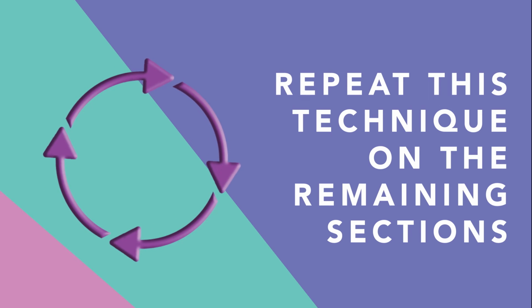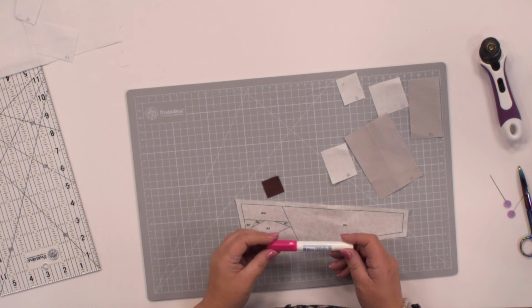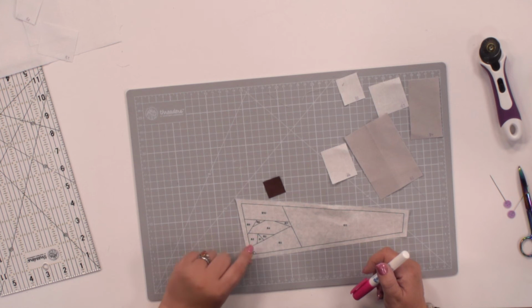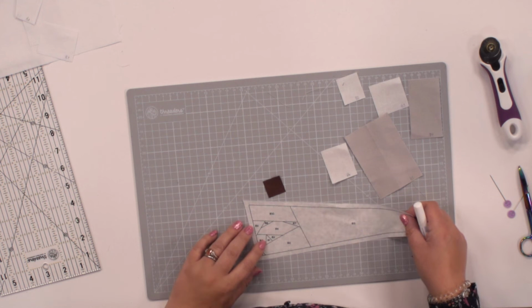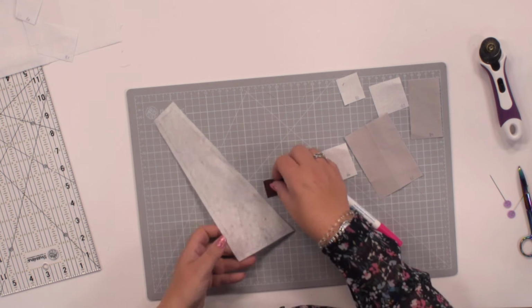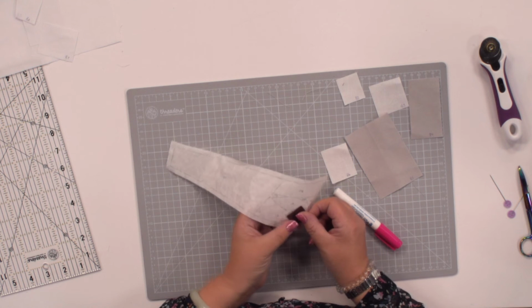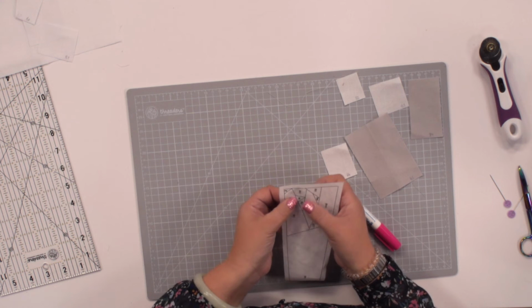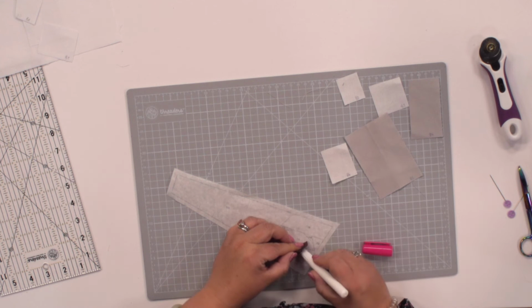Now, these pieces are quite tiny, and that's when having a glue pen is really useful, because we're going to use a bit of glue to secure these pieces together. They're just too small for you to get a pin in there to secure them. So B1 is this tiny little speck here, that's the actual eye of the bird. So we're going to turn our paper pattern over, and place our fabric over the top. I'm going to check on the other side. We've got loads of space to make sure we've got the 1/4 inch seam allowance. So we're going to put a dab of glue just here,